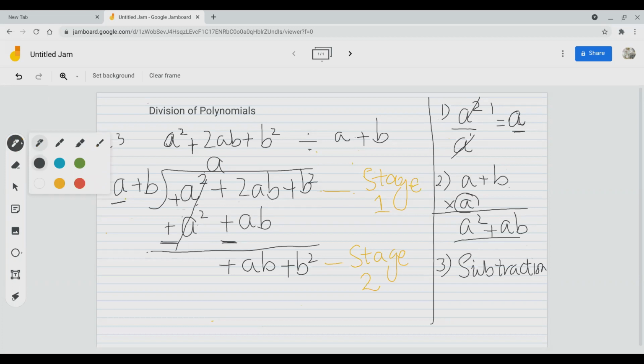For the first stage, I must first keep in my mind which one is the divisor, dividend, quotient, and remainder. Done. After that, I will take the first term inside and the first term outside. Inside, always keep it in your mind, it will always be a big term or big number. If there is a number, it will be a big number. But here we have a term. We are dealing with algebra, so this is the big term.